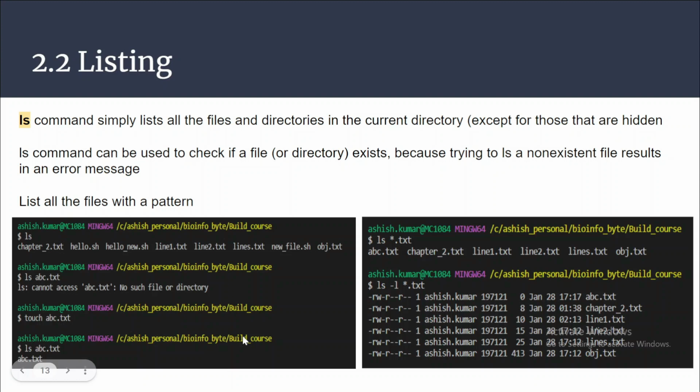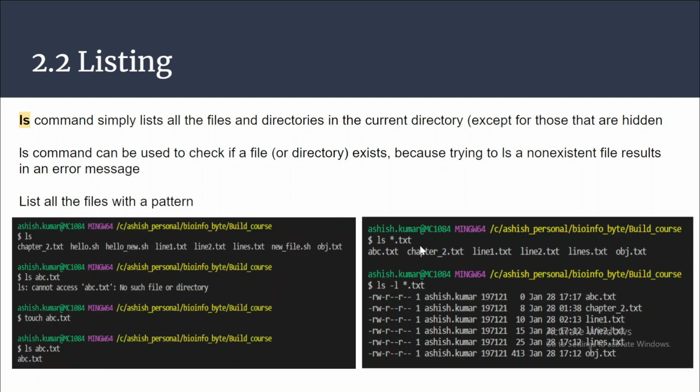Now the second advantage is, for example, in this particular folder build course, you have a lot of files. For example, you have 50 txt files and 20 sh files, and you are looking for the .sh files. You can't scroll and look through all the files.